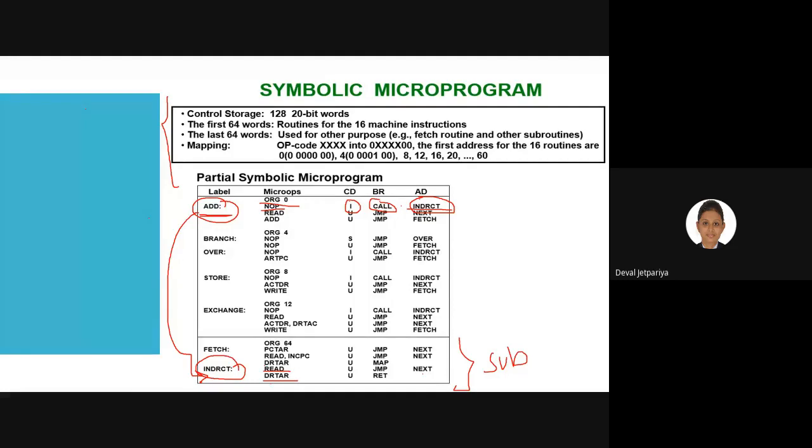Once we are done with this, we have one address ready. In that case, we are returning that particular address over here. And now we can start with the next line, that is read from the ADD instruction.